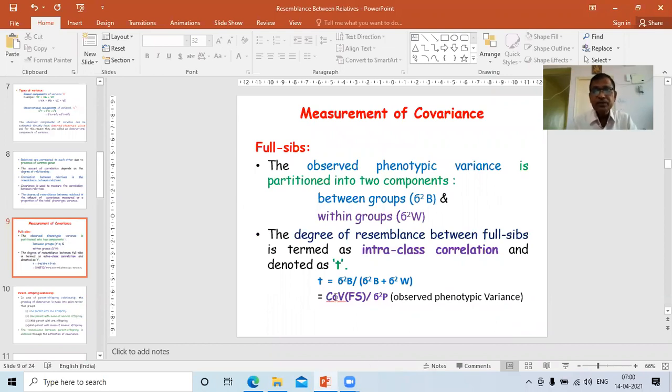So here you see, in the last line, FS stands for full sibs. So covariance of full sibs, the character is measured on the full sibs, that is the full sisters, full daughters. If we take the example of milk production, it is a character which is estimated between two daughters, and they are full sibs. So if we have such type of